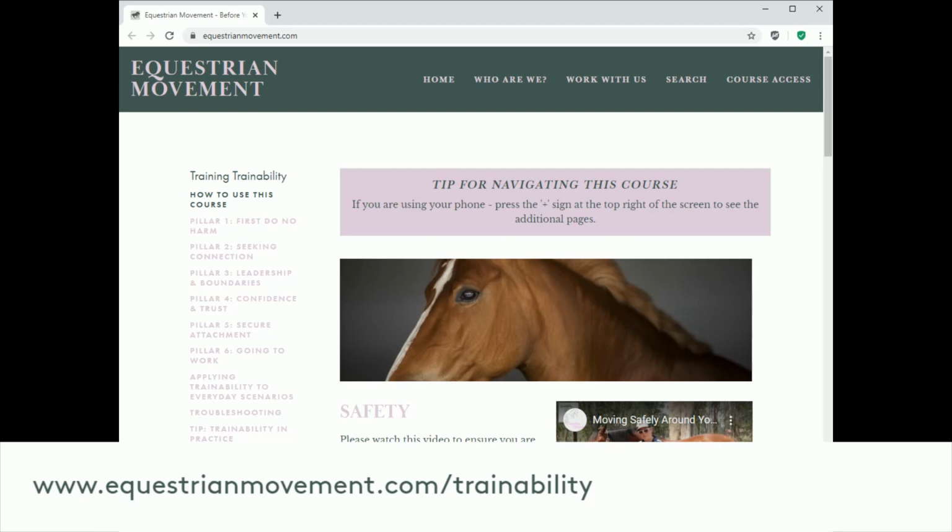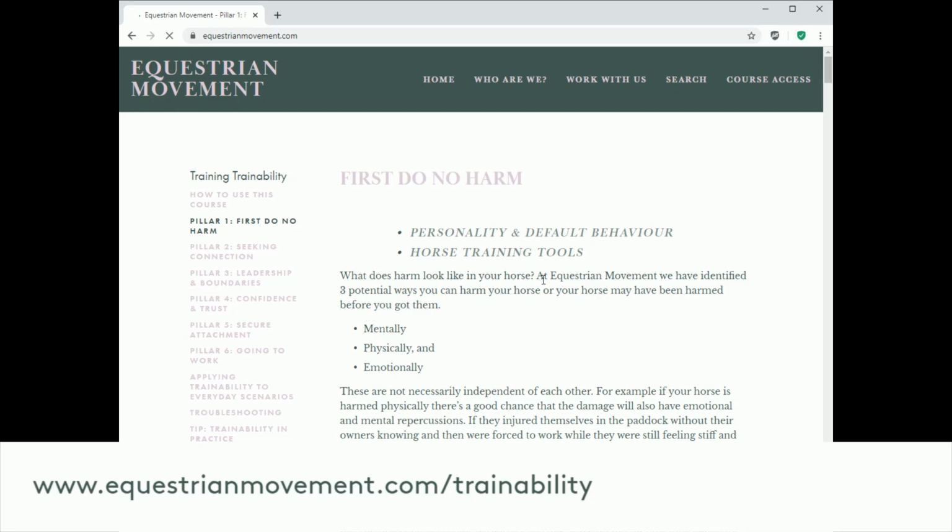So we have our core foundations here, which you work through step by step. So we start with our first core principle of first do no harm, and so that's how you can look into your work with your horse to ensure that what you are asking of them is for their benefit mentally, physically and emotionally. Once we ensure that if you're having any behavioral issues, your horse is good to go, and we need to go and focus into more training aspect of it, then we're ready to